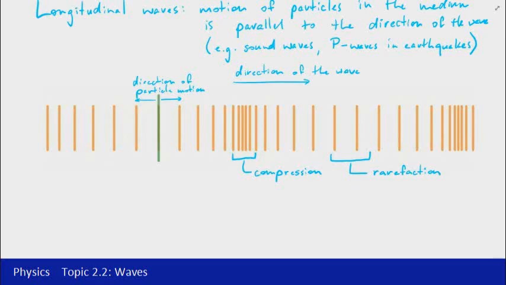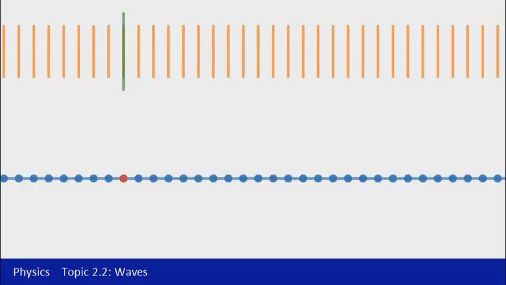Now it's difficult to represent the equilibrium position on this diagram because the particles are moving side to side, and so it's hard to see where it is. In order to make the comparison there, though, we'll have a look at both longitudinal and transverse waves side by side in an animation instead. So if we now compare longitudinal and transverse waves, we've got both of them on the screen now. You can see here that the equilibrium positions of both the red dot and the green line are aligned. So they're both at equilibrium in the same position there.